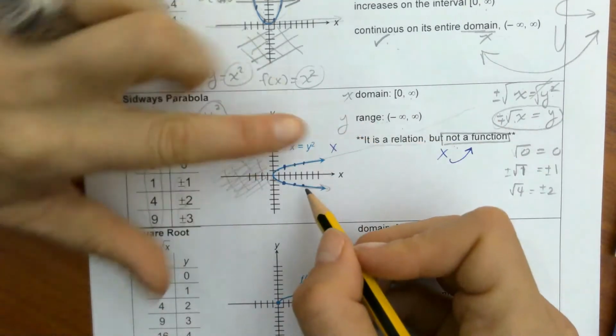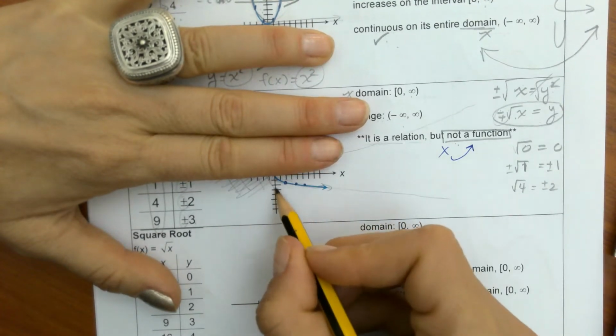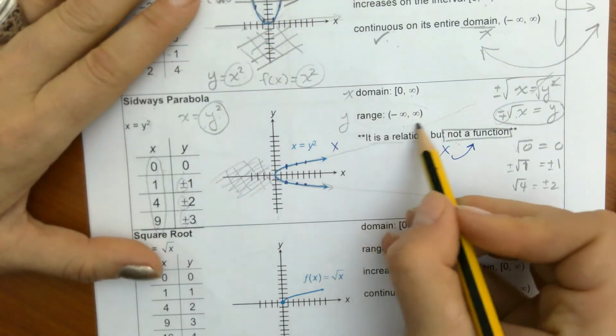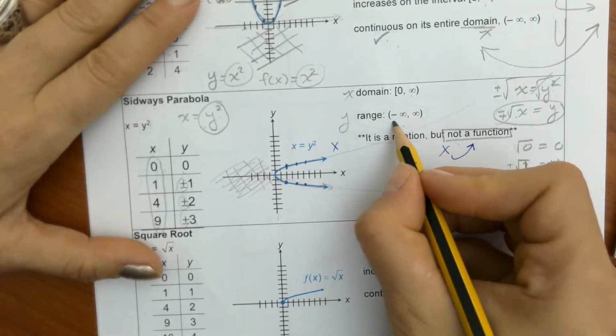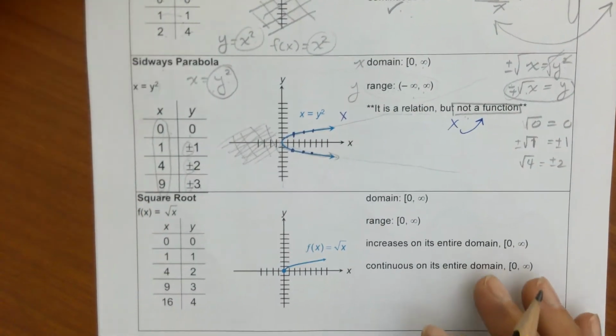On the negative side of y, it goes down, down, down. So it's going to use all the negative side of y. So it exists everywhere in the y value, from negative infinity to infinity. Okay. Let's look at